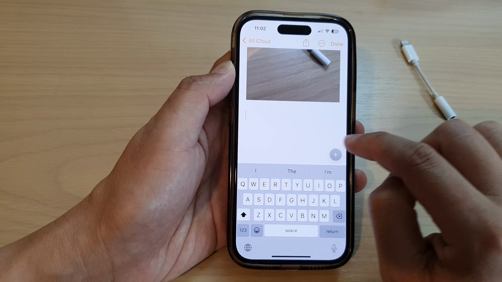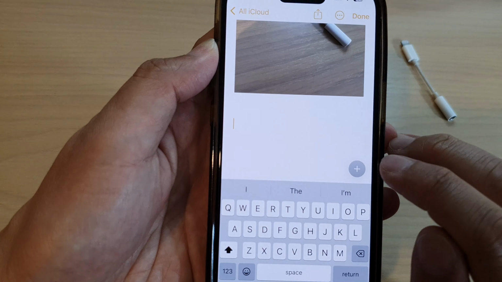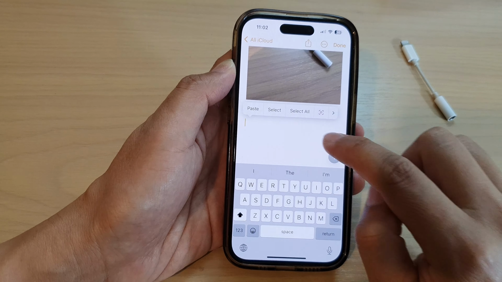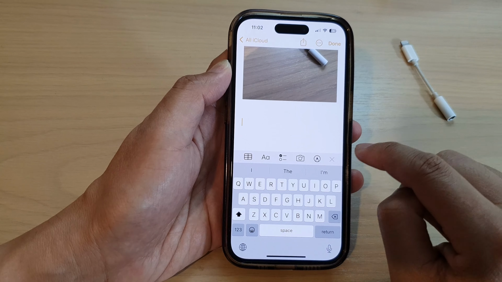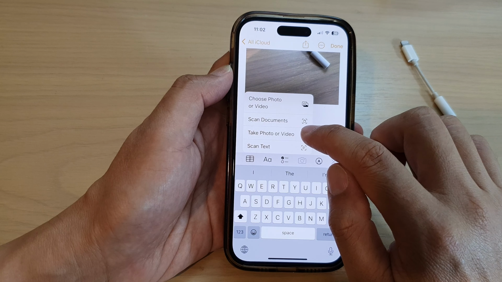Now, if you do not see the camera or the toolbar at the bottom, tap on this add button right here. So tap on it, and then tap on the camera icon. Next, tap on take photo or video,